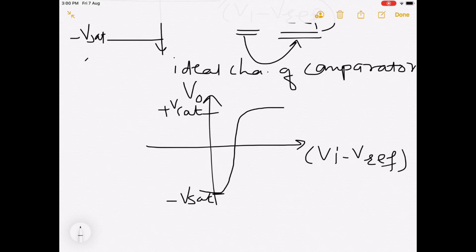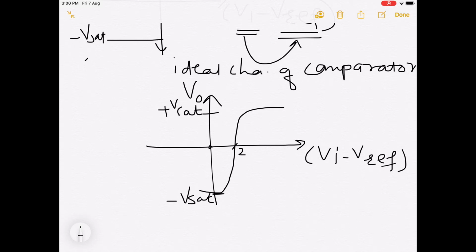In this second figure, the output state of the practical comparator can change with an input increment of only 2 millivolts. Suppose this is 0 and this is 2. So it will be shifted by 2 millivolts. The width of 2 millivolts is the region of uncertainty of a practical comparator.